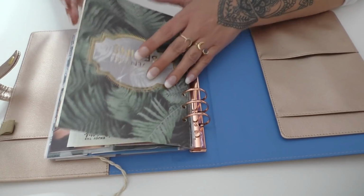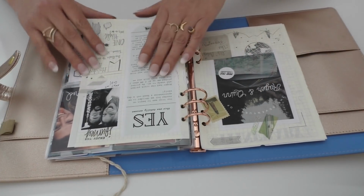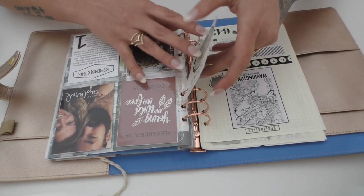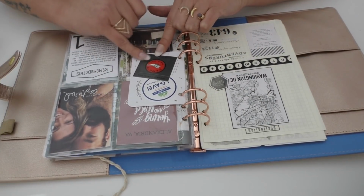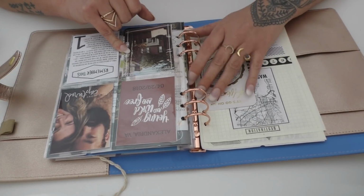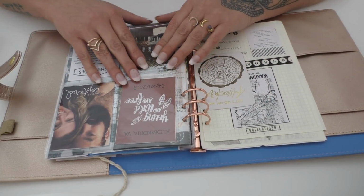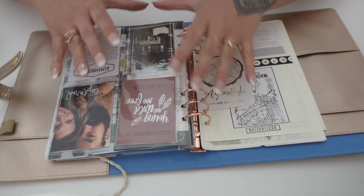So in this journal, I have a variety of everything. I use bullet journal style pages, as you can see here. I'll just have little journal cards that I'll pop in and some memorabilia from a place that I ate. That's why the rings are great, because you can just add all kinds of stuff. Whatever you can punch a hole in, you can add to this kind of journal. It's really random, and that's kind of what I like about it, that it's just all this kind of